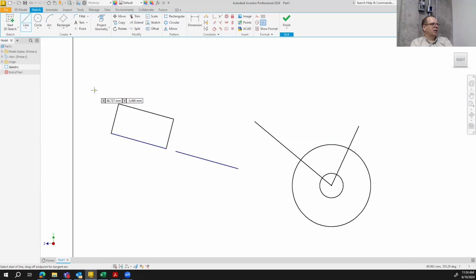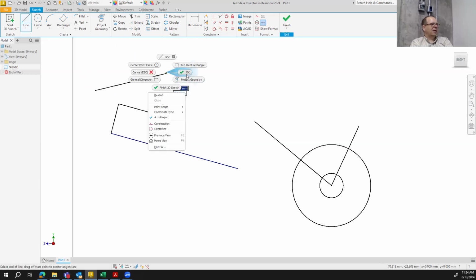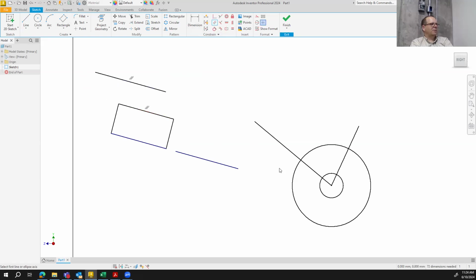Maybe we'll do a line here like that, and I say, well, I want this line and that line to be parallel, then it does that, right? So if I want to keep on moving this line around, then I can do that, but I wouldn't be able to turn it on its edge. That would work for